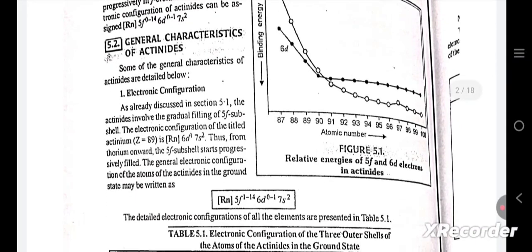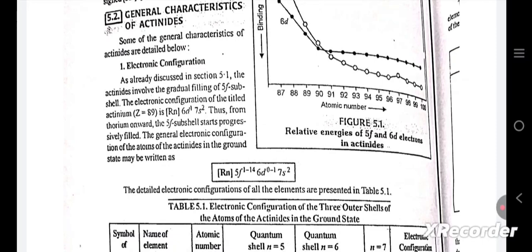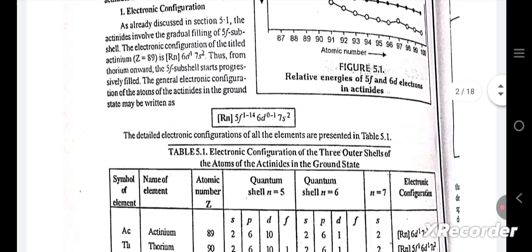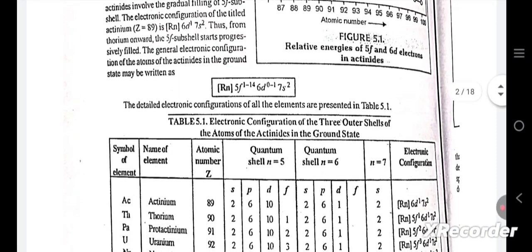General characteristics of actinides. Some of the general characteristics of actinides are detailed below. Electronic configuration. As discussed in section 5.1, the actinides involve the gradual filling of the 5f subshell. The electronic configuration of actinium is given. Thus, from thorium onward, the 5f subshell starts progressively filling. The general electronic configuration of the atoms of the actinides in the ground state may be written as: